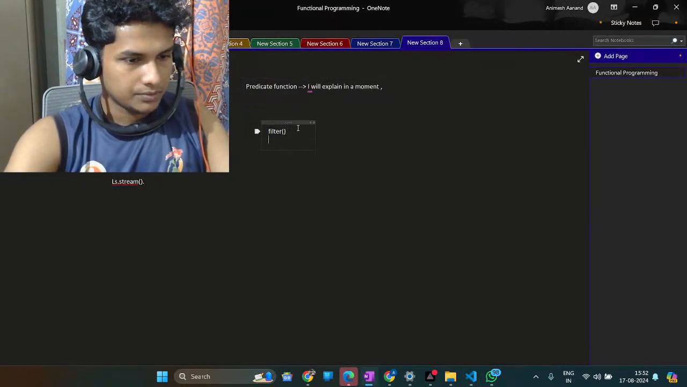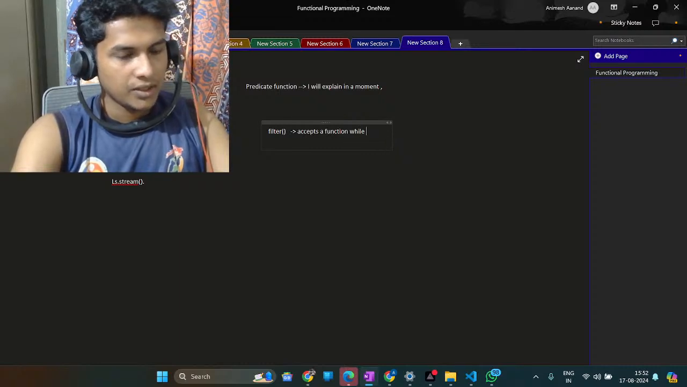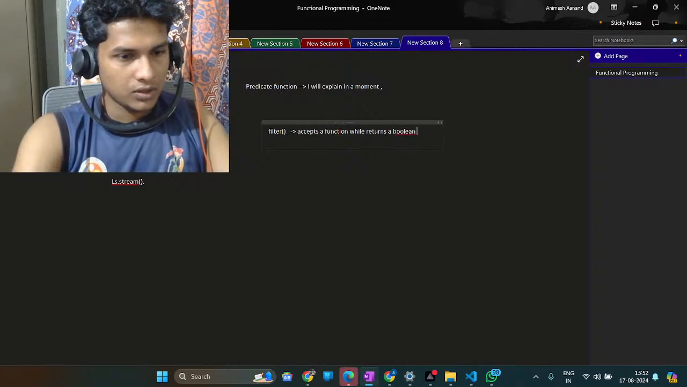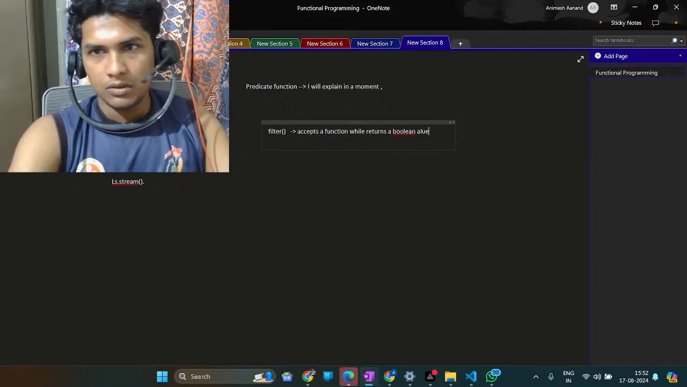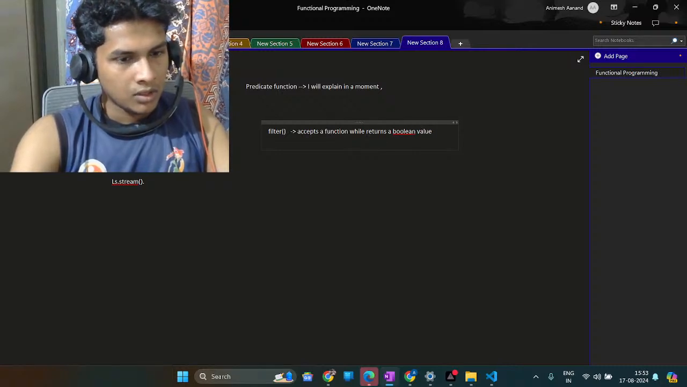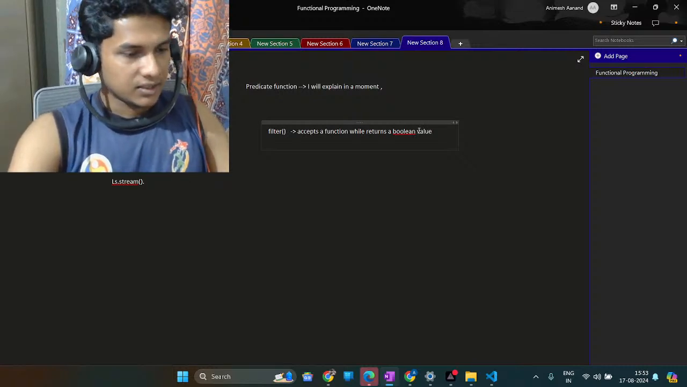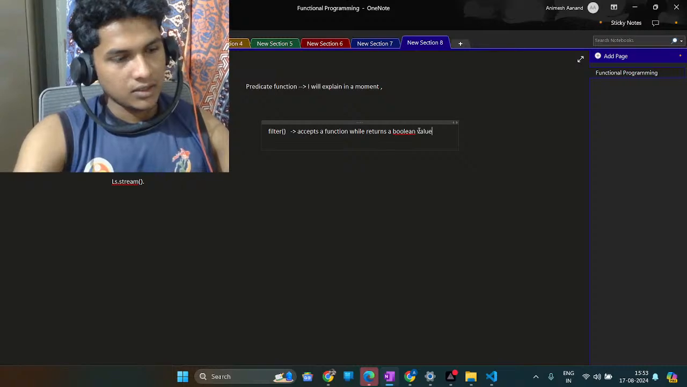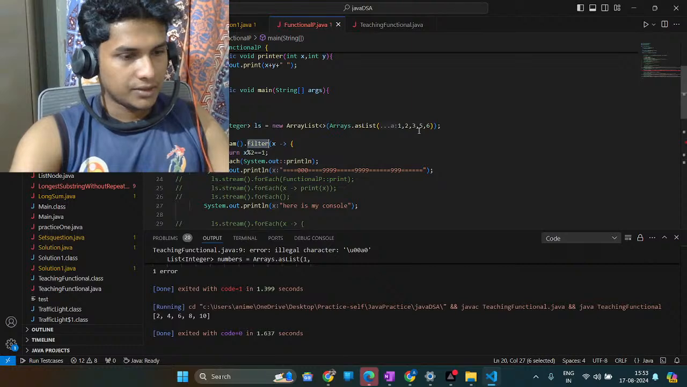So filter accepts a function which returns a boolean value. And based on that, the functional Java will filter the elements. Okay, so